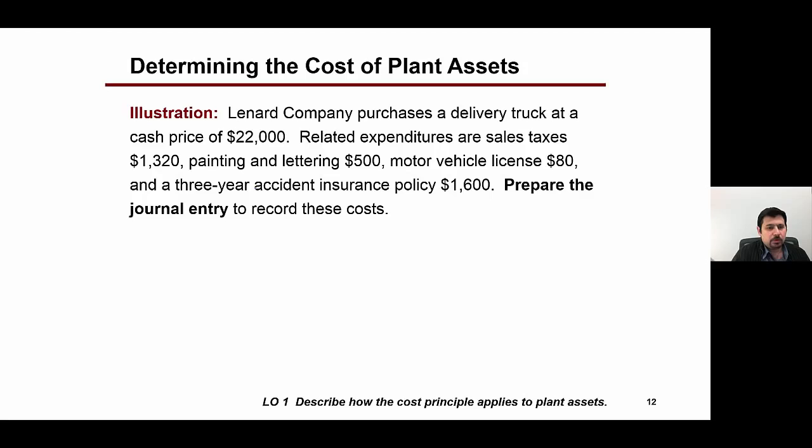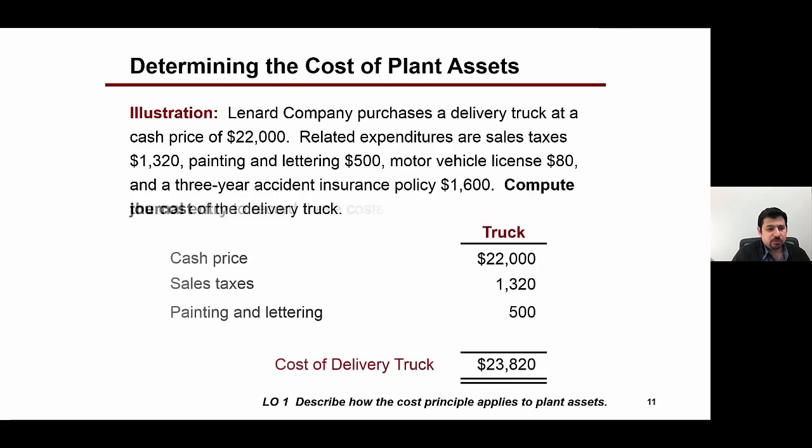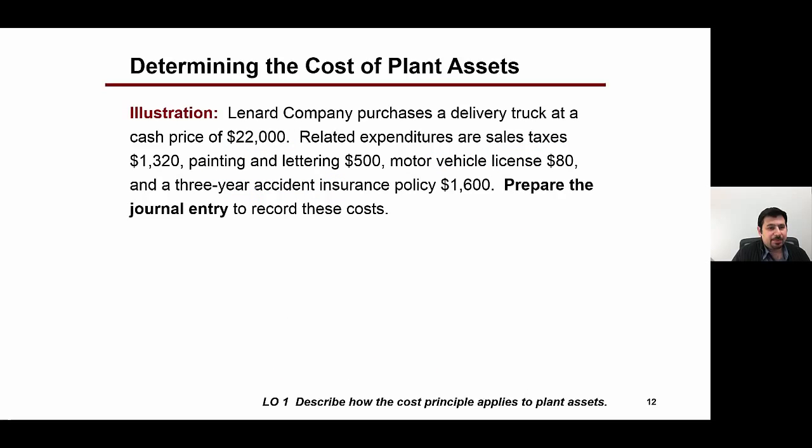Now, the journal entry that the company will prepare for this transaction will be, because the company paid for the truck in cash, again, the cost of the truck was $23,820. So the company will debit equipment $23,820. So that would have included this one, and